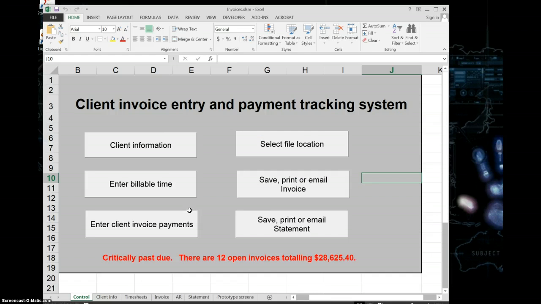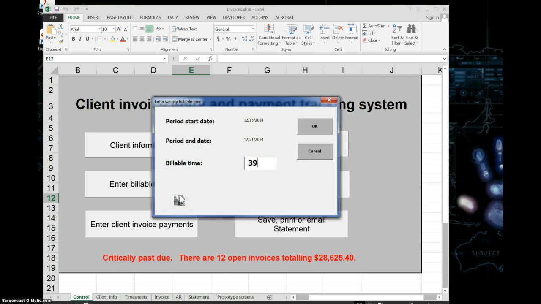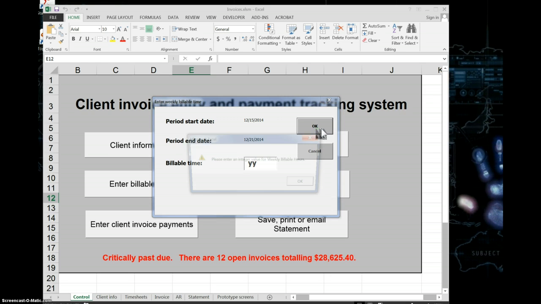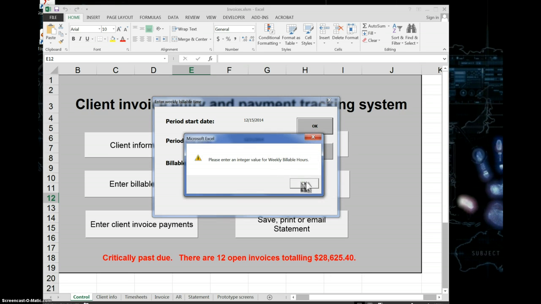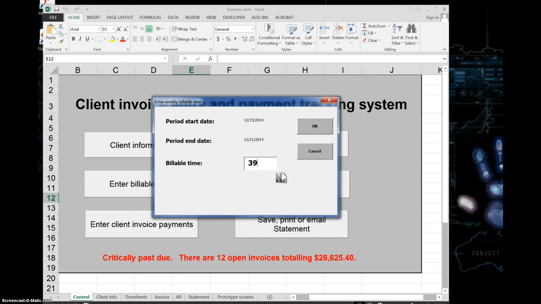Now let's go ahead and enter billable time. Enter billable time. Please enter billable time for the current invoice time period. All right, let's enter several values in this field. Let's try something that is not numeric. Error. Please enter an integer value for weekly billable hours. Okay, let's try something